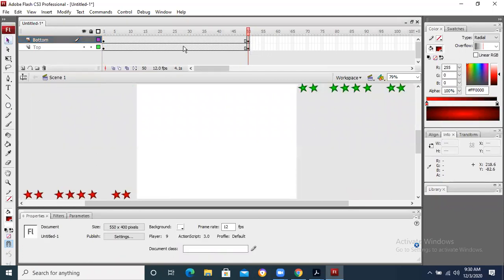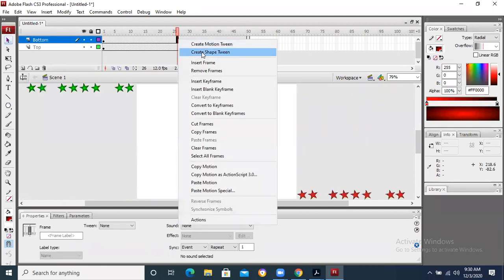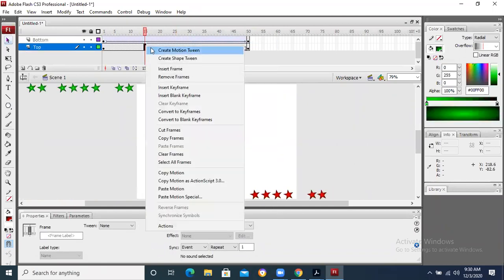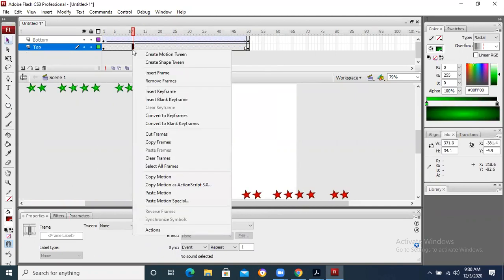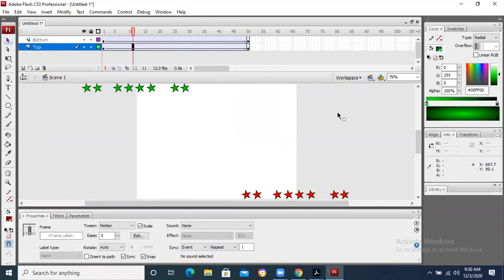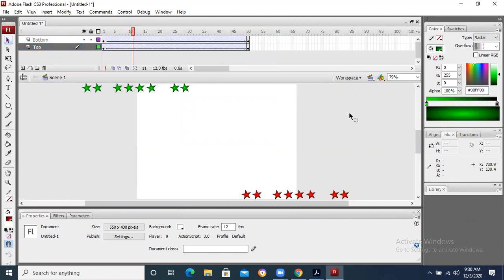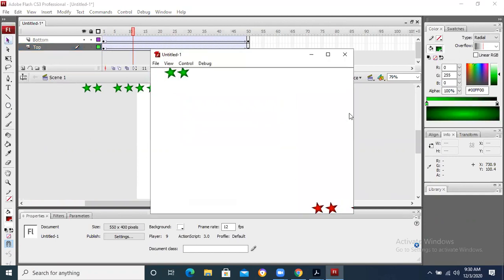Now what can I do? I can right click and I can create tween motion. What is basically the purpose of tween motion? The tween motion will show you the step by step movement. Now I press Control Enter, so you can see that I have drawn one border. Whatever I will take between these depends on me. I am designing some advertisement or something like that. I have created a simple border for my advertisement that I am going to design. So in this way, we can do all these things.